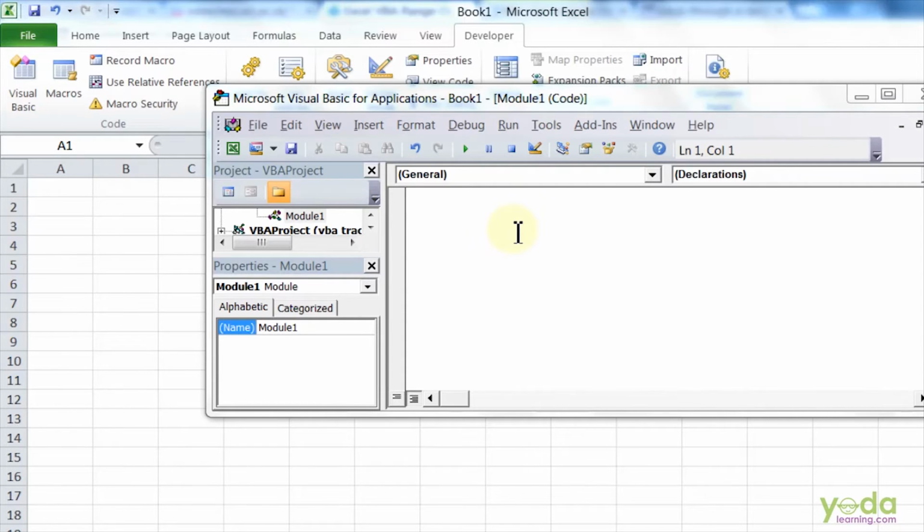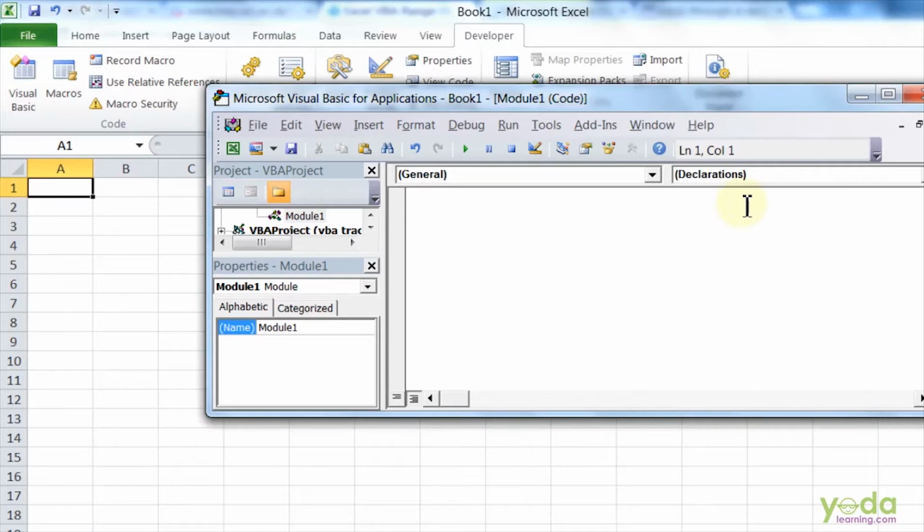Say if you want to select a cell using Excel VBA, how will you do it? I'll say Sub SelectCell. I'll name it as SelectCell and use the code. We'll start with Range. Within inverted commas, we will give the reference of the cell. Say the reference is A1.